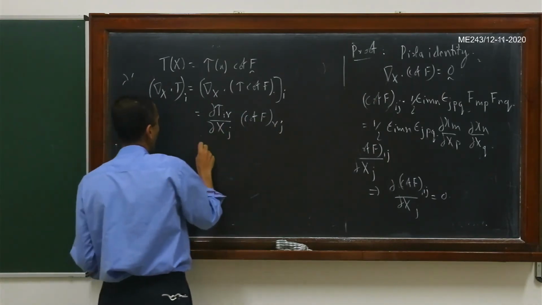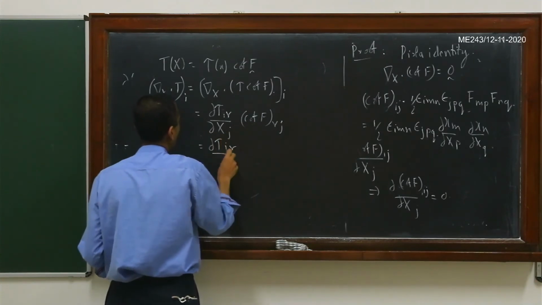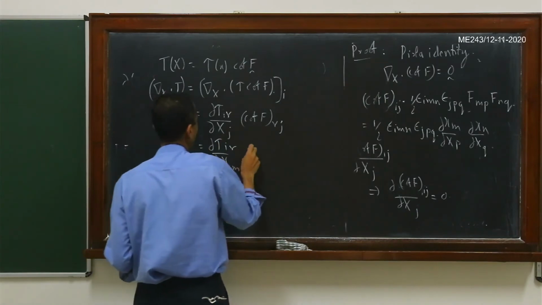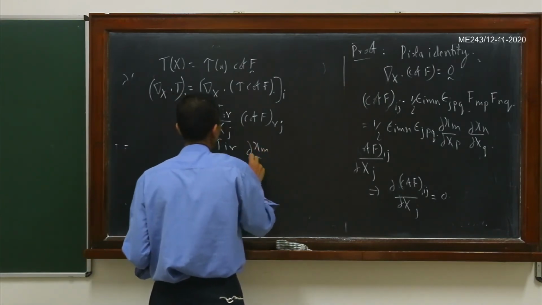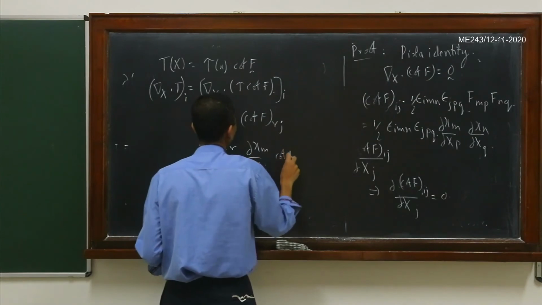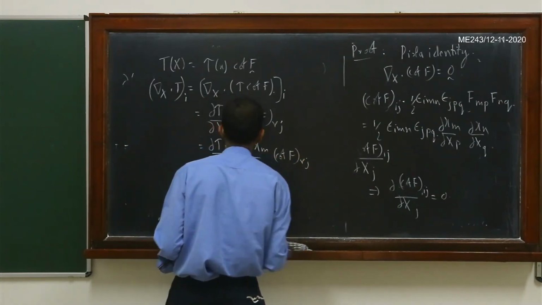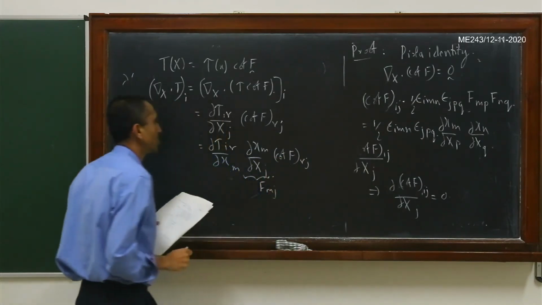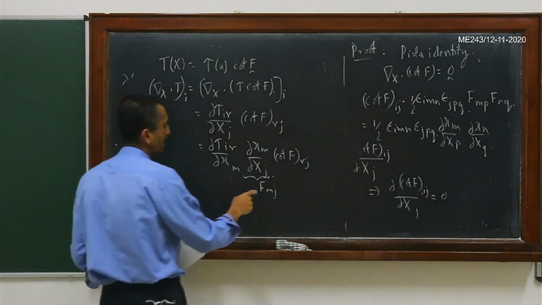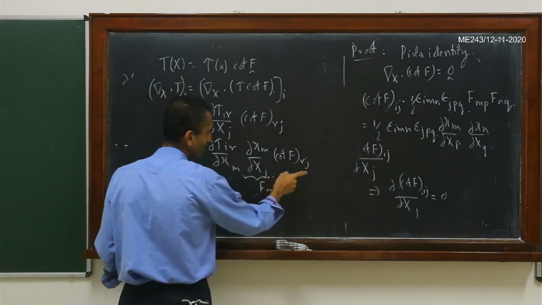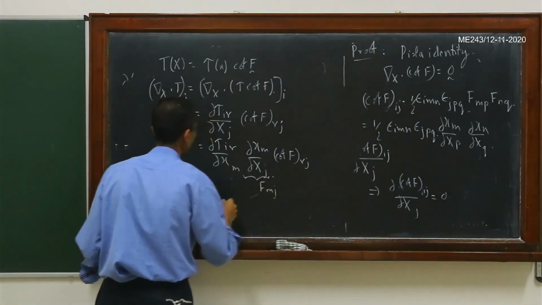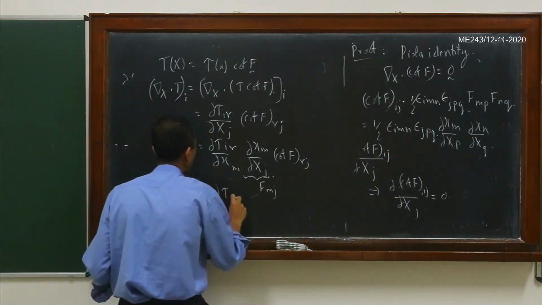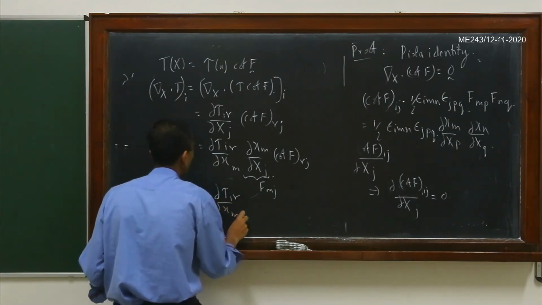So now this I can write as del tau IR by del x m times del chi m by del xj times cofactor of f times rj. And this object here is nothing but f and j. And so this is nothing but f times cofactor f transpose of mr. So this is equal to del tau IR by del xm times